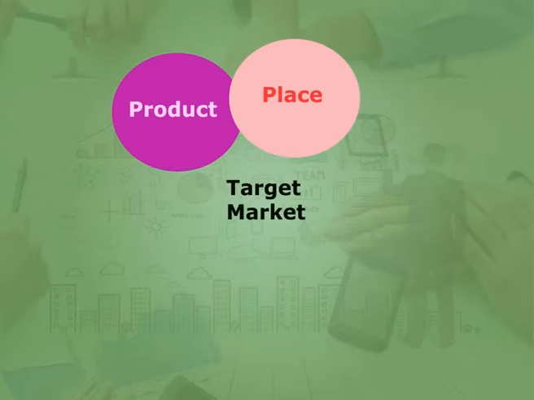The second P is place. In service marketing, place is where the service product is going to be located. The best place to open up a petrol pump is on the highway or in the city. A place where there is minimum traffic is a wrong location to start a petrol pump. Similarly, a software company would be better placed in a business hub with lots of companies nearby rather than being placed in a town or rural area.